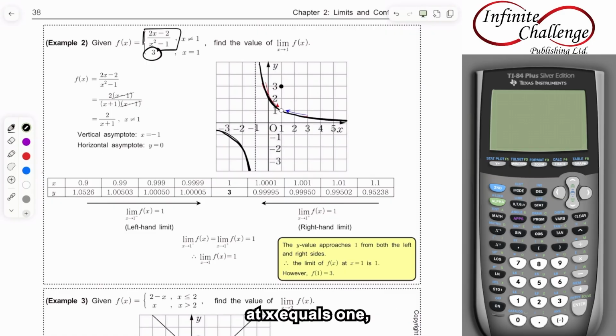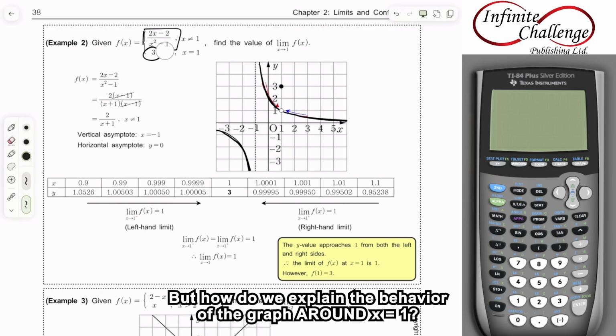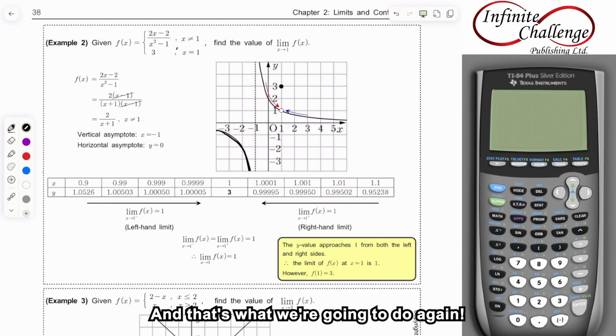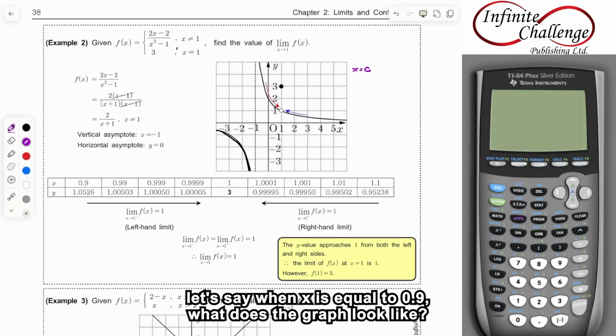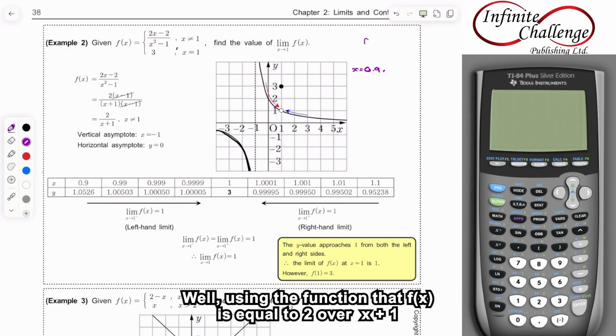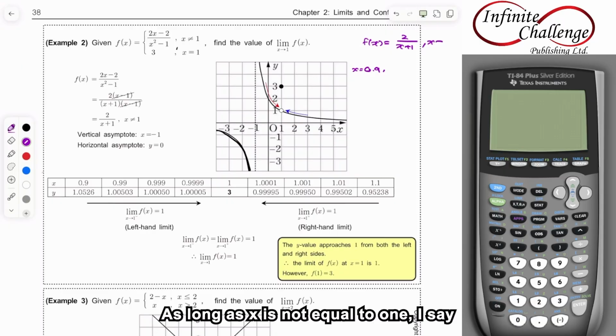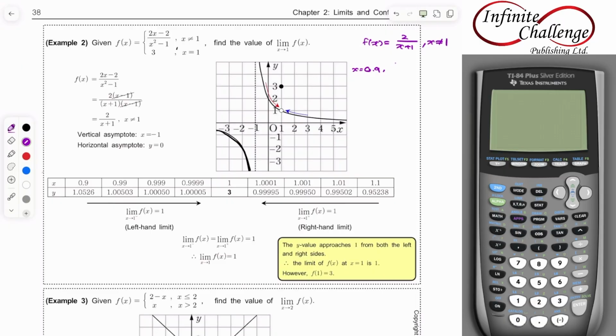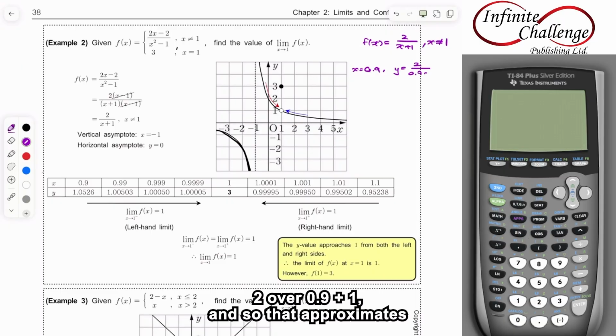Now in this case, at x equals 1, the function f of x does have a value. It is equal to 3. But how do we explain the behavior of the graph around x equals 1? And that's what we're going to do again, where starting with the left-hand side, let's say when x is equal to 0.9, what does the graph look like? Well, using the function that f of x is equal to 2 over x plus 1, as long as x is not equal to 1, I say, hey, y is equal to 2 over 0.9 plus 1, and so that approximates itself to